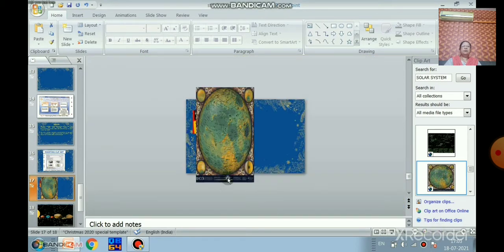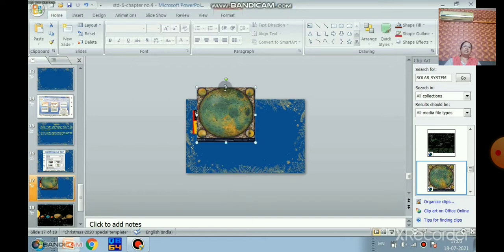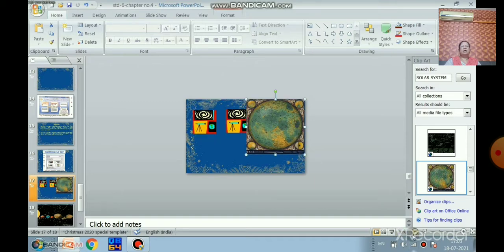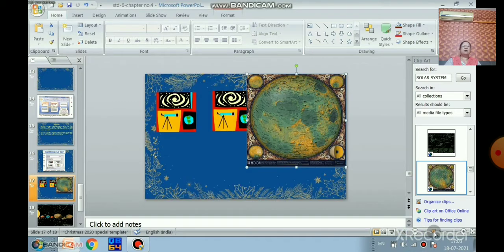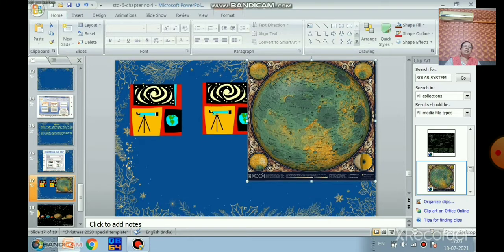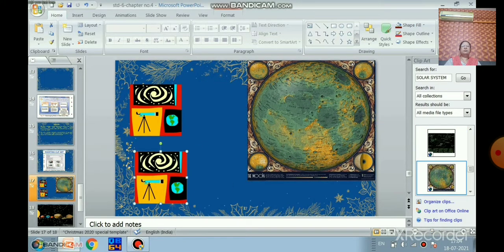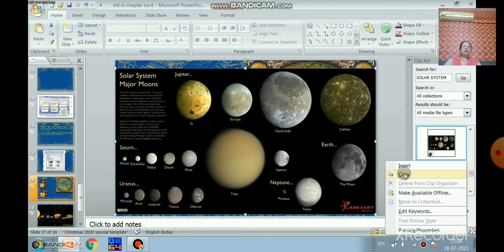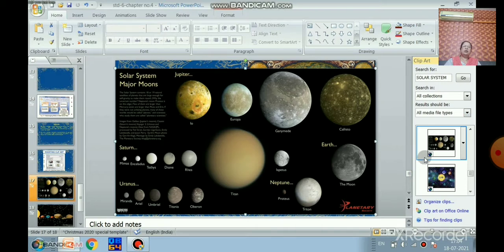Yes, children. So clip art is used to add pictures in the slides. You can add clip art to the existing slides or create slides consisting of the clip art gallery. So where is the clip art? In the Insert tab, you can use Illustration and clip art. Which tab? Insert tab. And you understood how to insert a picture also.